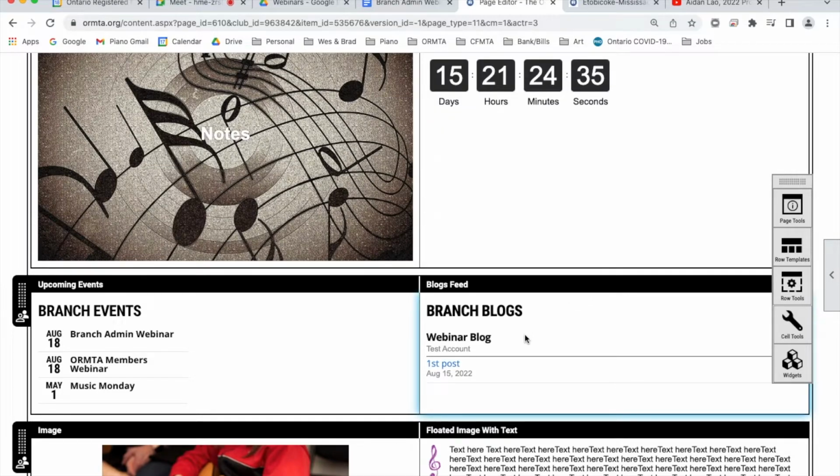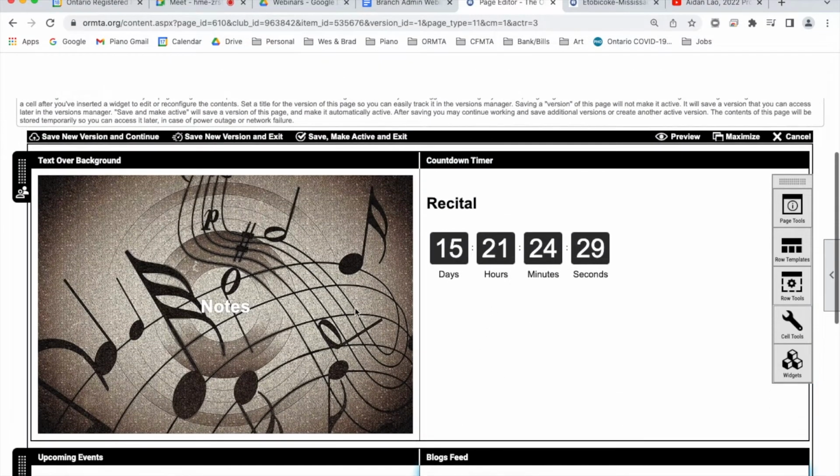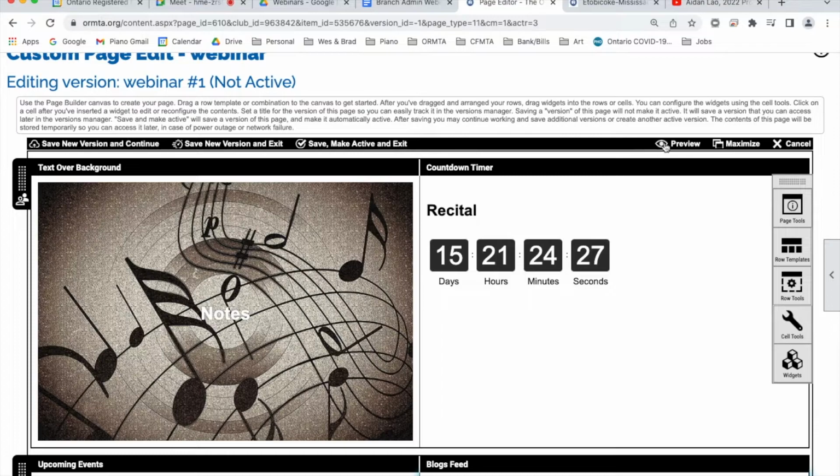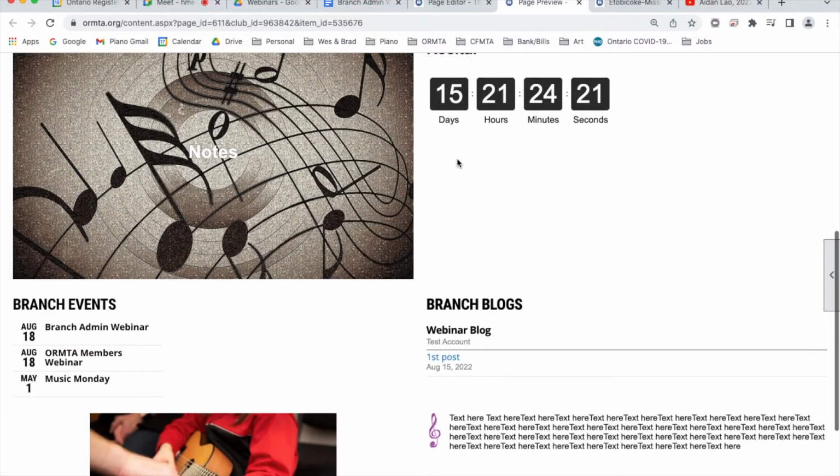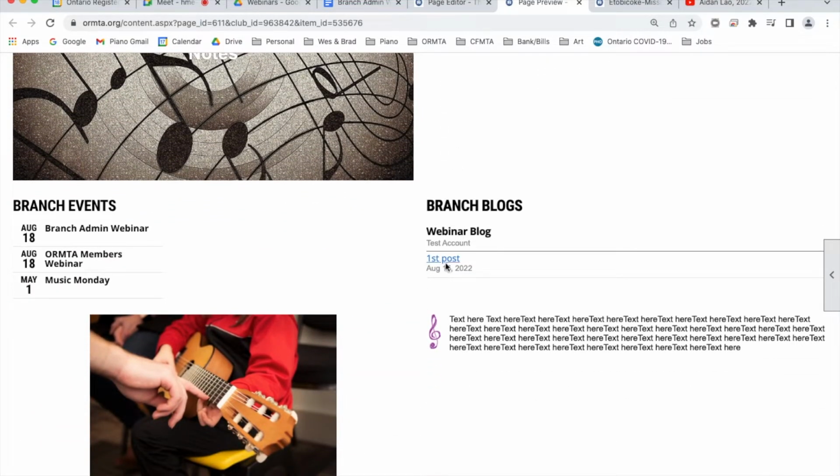Okay, and actually I want to take a look at this, but I don't want to leave my page here. So it's a good time. Up at the top there's this preview. So if I click on that, it'll open a new tab, and then I can see what my page is going to look like so far. So going into the blog,